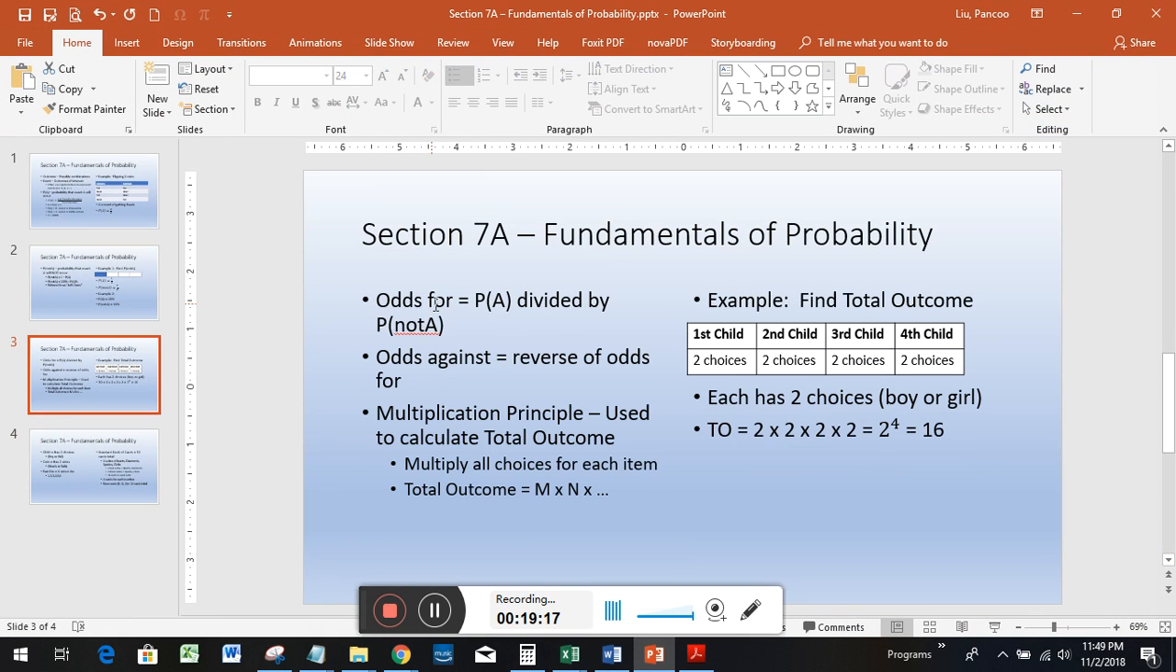So odds for is basically your P of A divided by your P naught of A. And then your odds against is the reverse of the odds for. So we actually need to figure out both P of A, P naught of A, and then divide. So here,